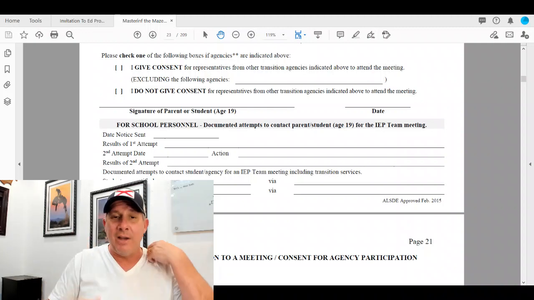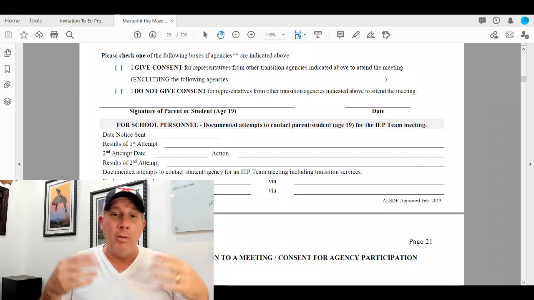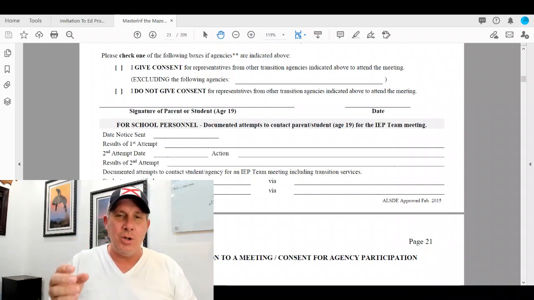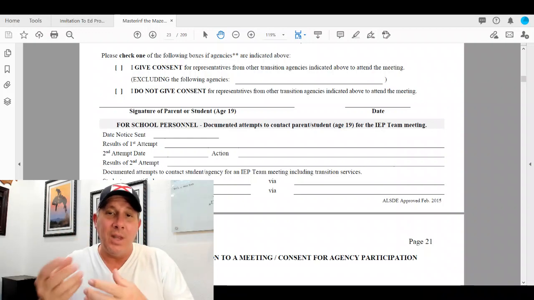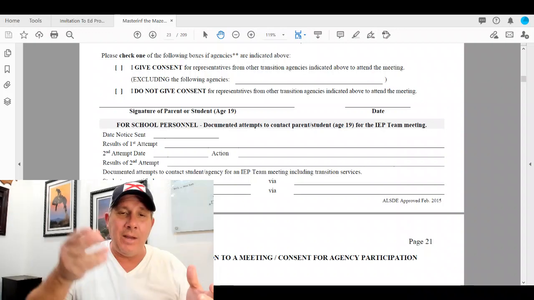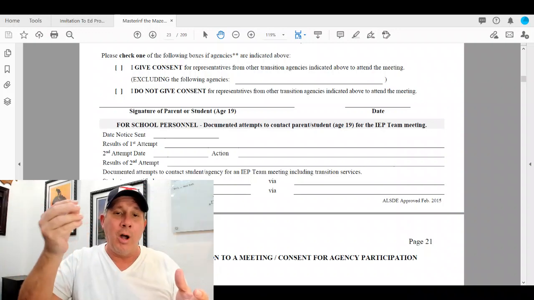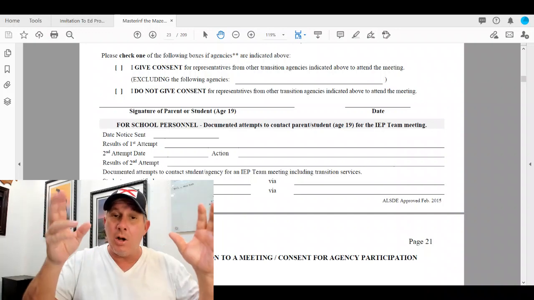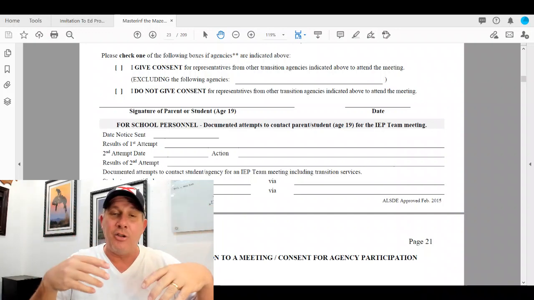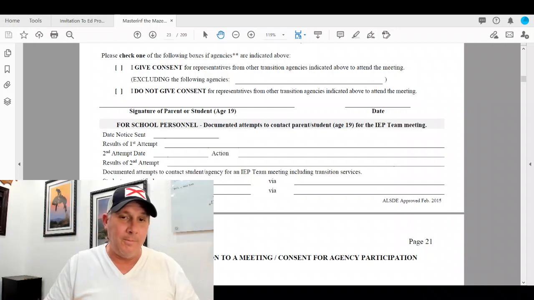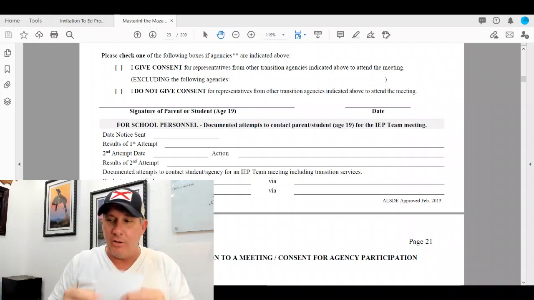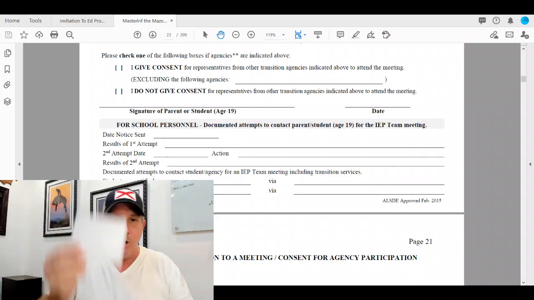In those situations, I frequently will have a parent try to duck out and ignore the meeting notices, thinking that somehow they can avoid the inevitable. And I just do not recommend you do that, because they can have the IEP meeting without you if they've shown documented proof of at least two attempts. And they're pretty flexible inside the law, guys, with regards to our hearing officers and judges as to what denotes two attempts. And that could be that they have a sticky note that says, I tried to call. There you go. There's evidence.